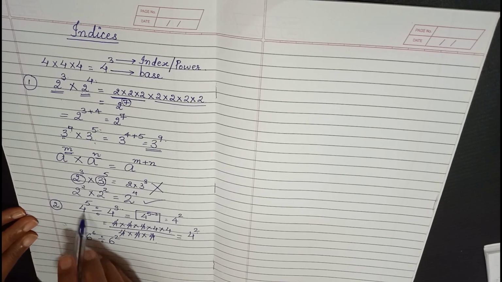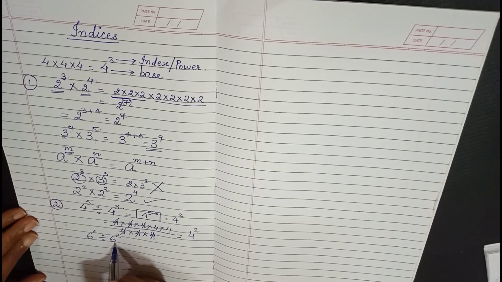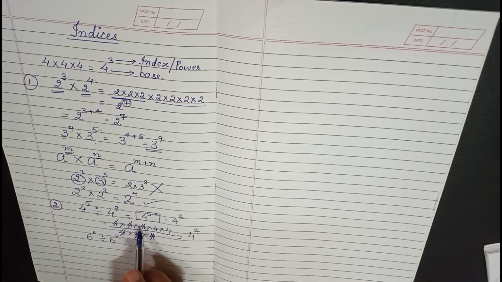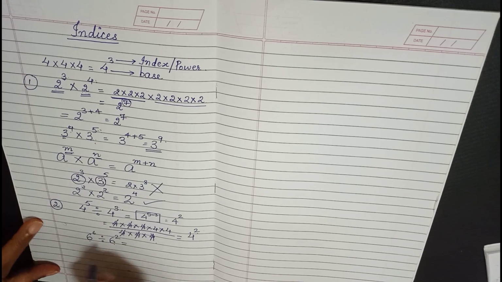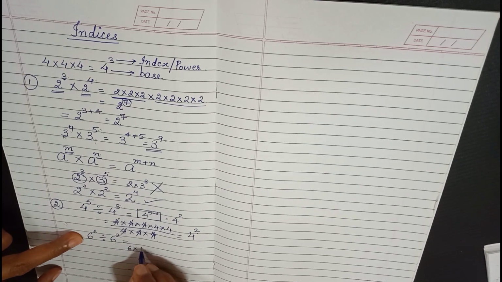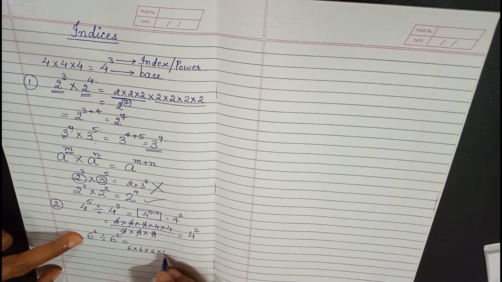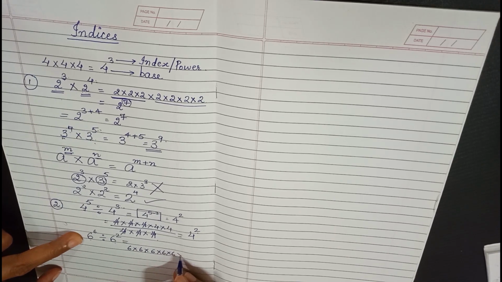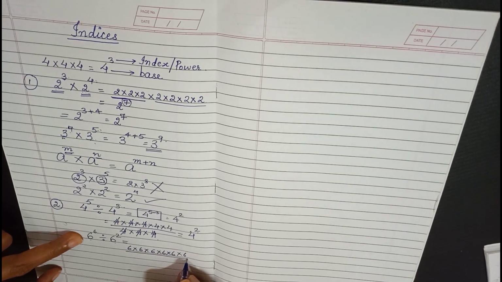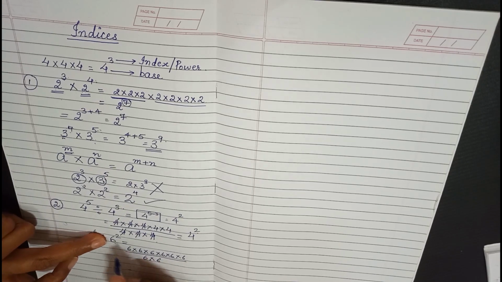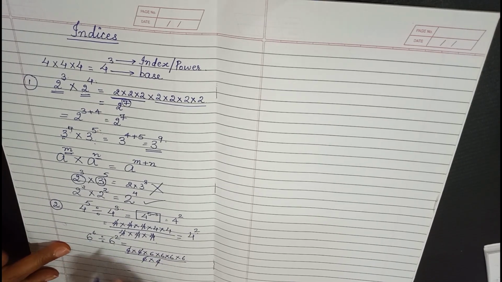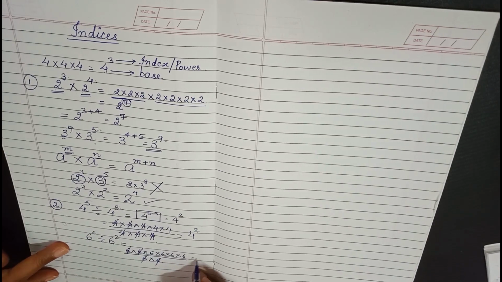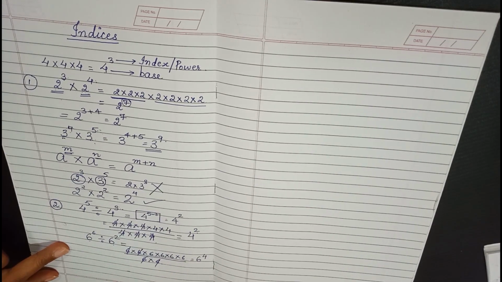Now here also you will see that the base has to be the same. Base cannot be different, because if different bases are there, you cannot cancel the way I have cancelled, right? So let's again understand this. 6 raised to 6 is 6 written 6 times, divided by 6 raised to 2, which is nothing but 6 two times. So again I cancel the two 6s. What is remaining is 4 times 6, that is 6 raised to 4.